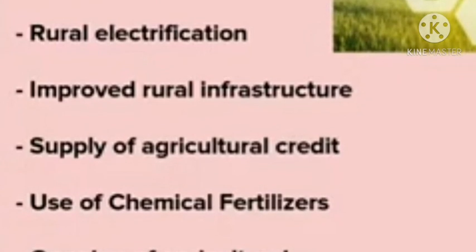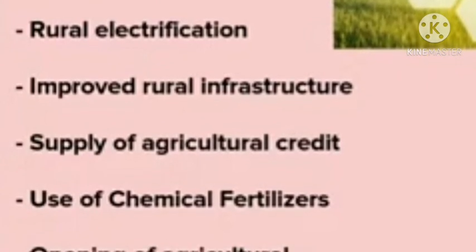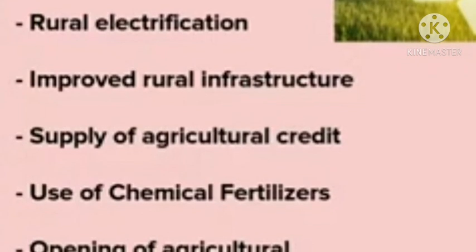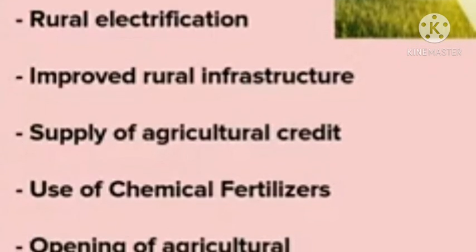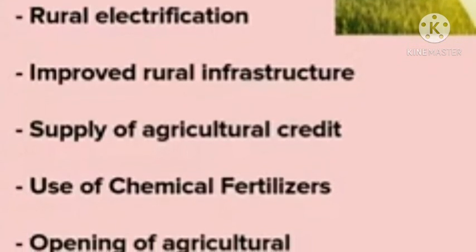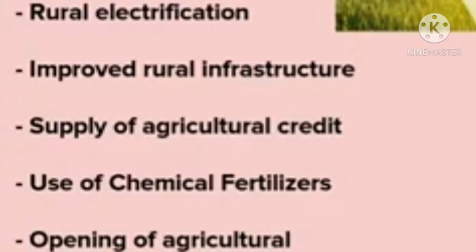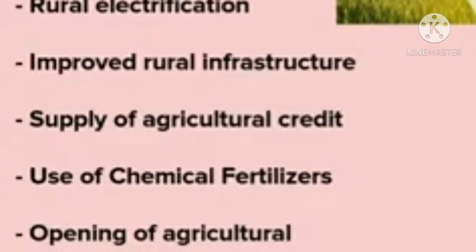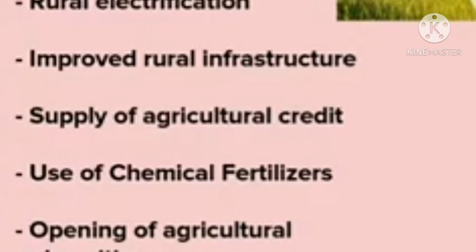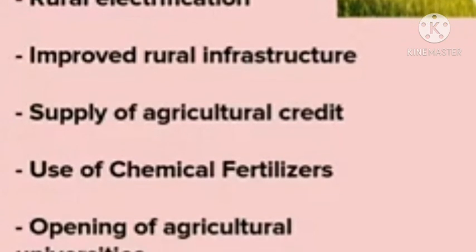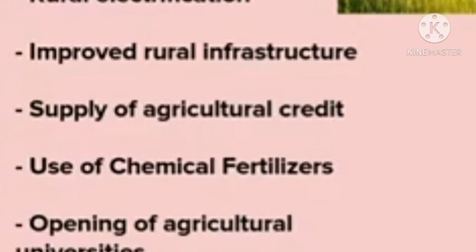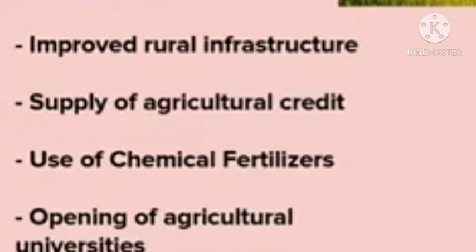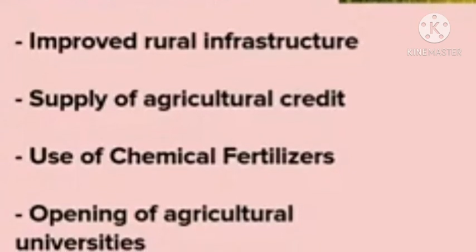A number of agricultural universities were opened in different parts of India to carry out research on the different crops which can be cultivated in different parts of India based on the availability of soil and the climatic conditions. So farmers will be able to increase their productivity even in a small land area with a small amount of seeds and at a low cost.